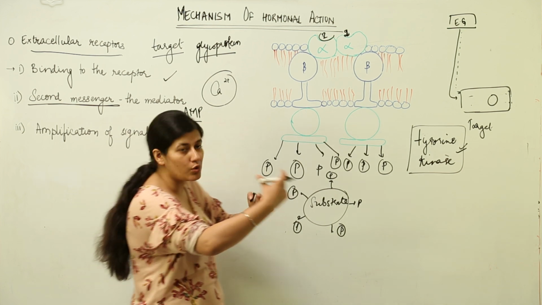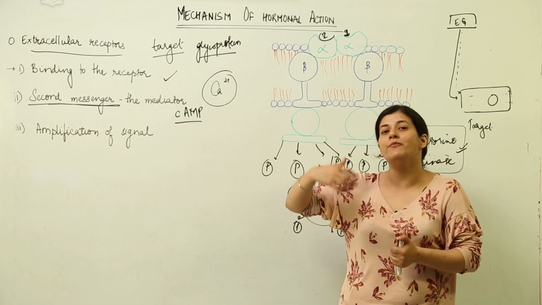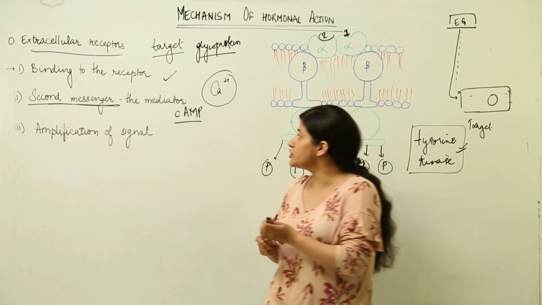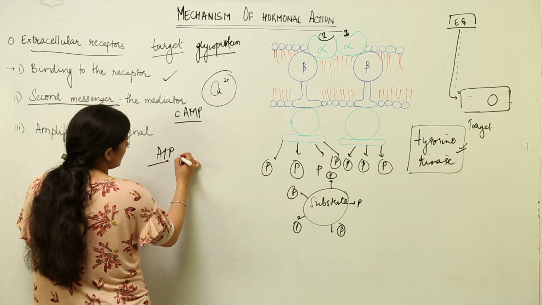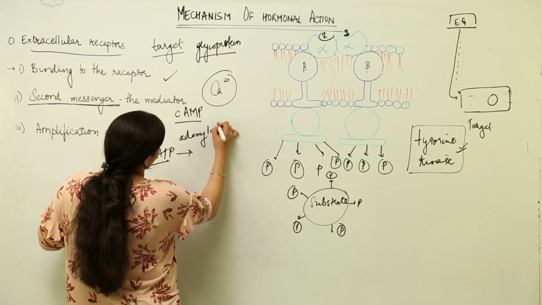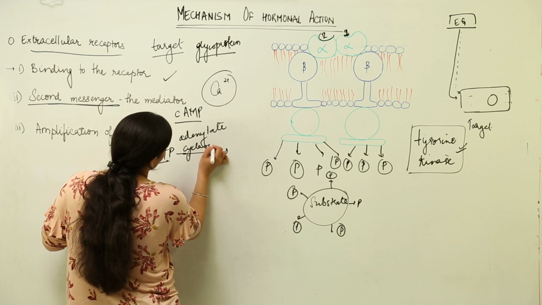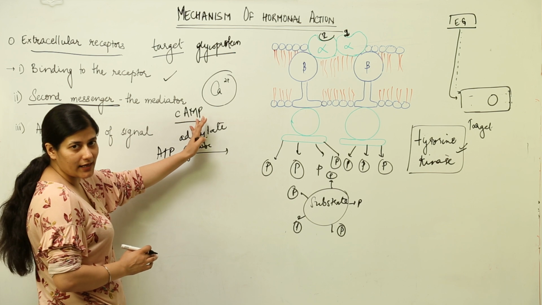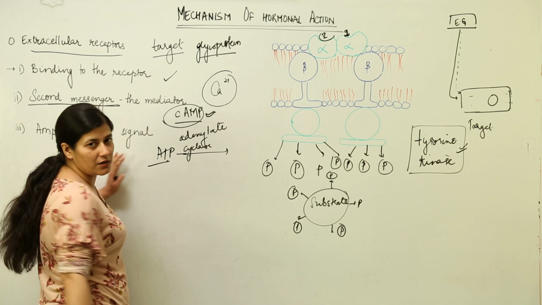Now what is a cascade? It is a waterfall, and when I say cascade in this context, it is a waterfall of many compounds, metabolic intermediates that would come. Also there would be breakdown of ATP in the presence of adenylate cyclase. Remember this enzyme's name: adenylate cyclase would be the enzyme that would break down the ATP and give rise to cyclic AMP,